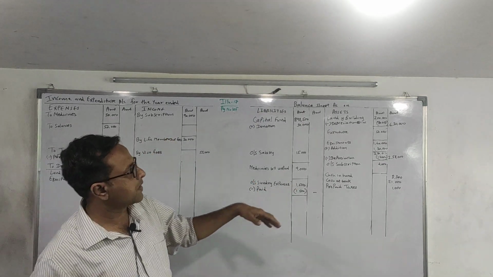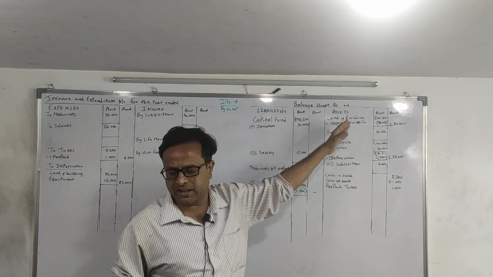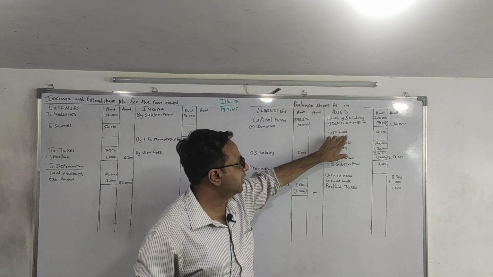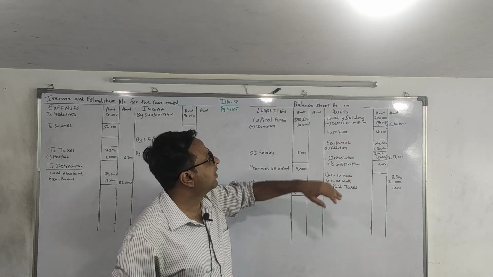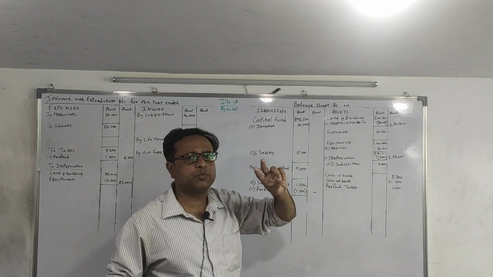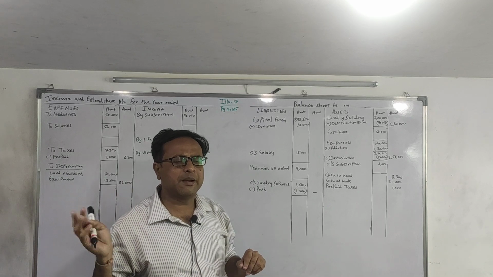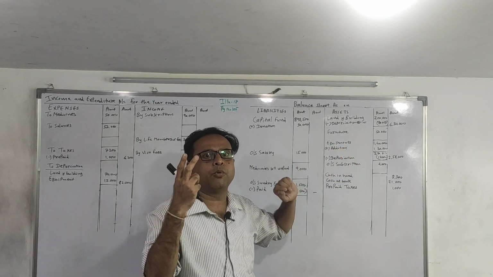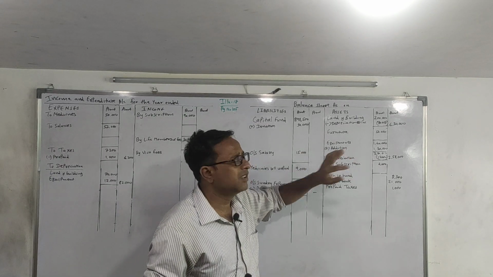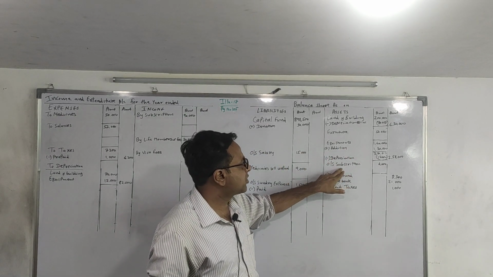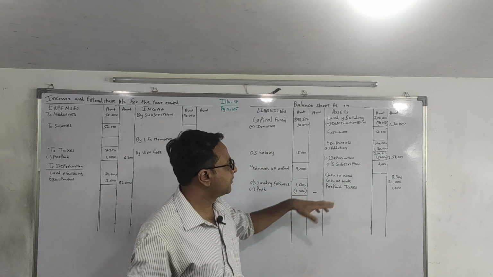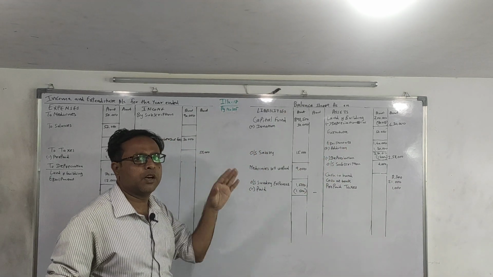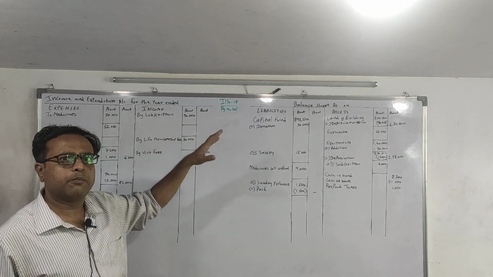Now come to the asset side. Cash in hand, cash at bank, ignore it. Land and building, we'll write in inner column. Furniture, we'll write in inner column. In equipment, there are two adjustments. One is an addition, another is a depreciation. From where you will get, you have to read the question properly and put two dots. So we'll have to leave 3 lines. Outstanding subscription, we'll write in inner column. Cash in hand and cash at bank. This is how we're done with our opening balance sheet posting part.